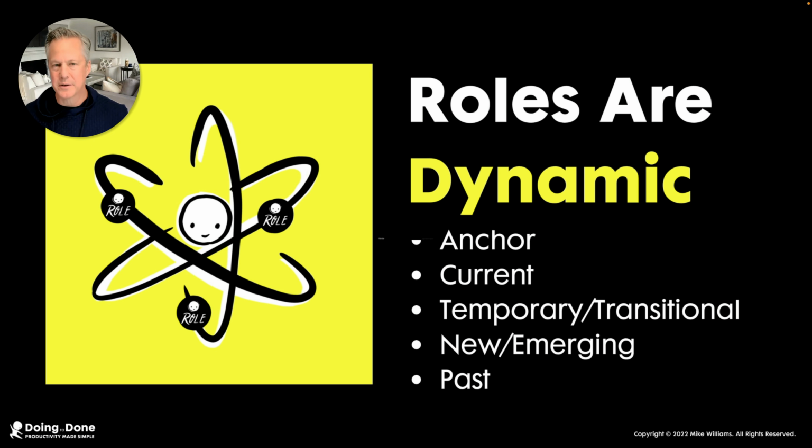And the last one is quite interesting. It seems simple on the surface. You have these past roles. Like we all used to be high school students, but we are no longer. Depending on your life journey, like I had one client who used to be a stepmom, but is no longer a stepmom because of a relationship change. So she had to define her new relationship with a human being that used to be a stepchild. So it could be very subtle, interesting things like that. So roles are really dynamic.